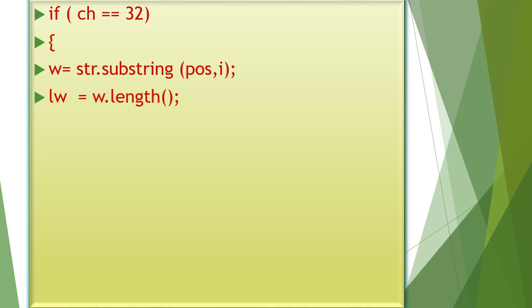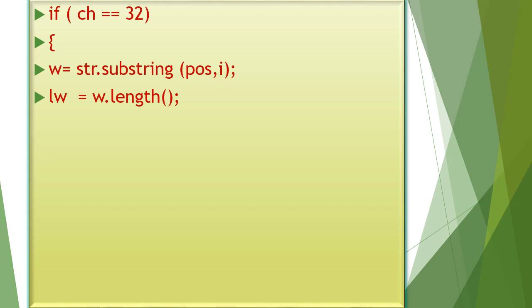As you know, the substring function extracts a group of characters from the given string starting from the initial index up to the end index, excluding the end index character.